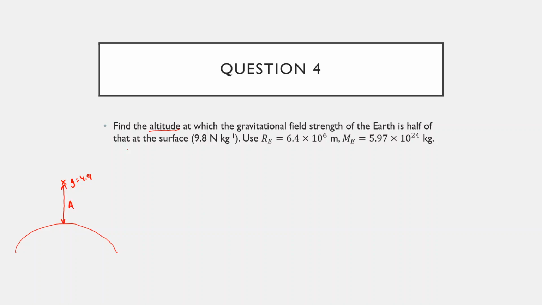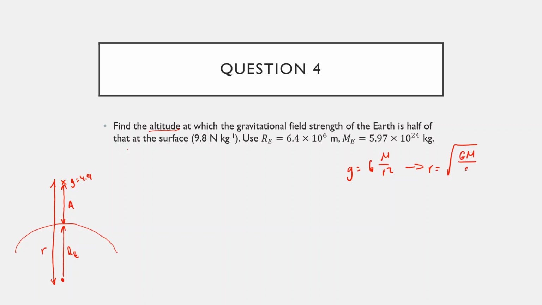Now what we should be able to do, because I've got the radius of the Earth, is I can work out, if that's the center of the Earth there, that's the radius of the Earth. Using the formula g equals big G times m on r squared, I should be able to work out r, that distance there. And because I know the radius of the Earth, I can just subtract that from r to get a. All right, so that's our goal for this question. So work out a value for little r, use that value with the radius of the Earth to work out a. Let's do that. So rearranging this equation here to get little r, I get